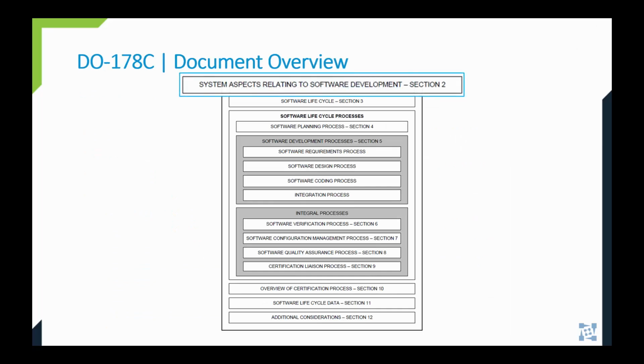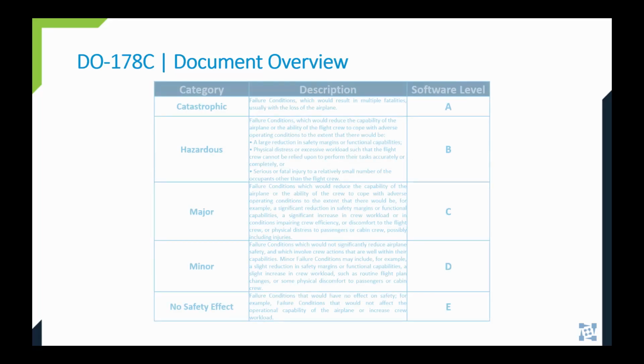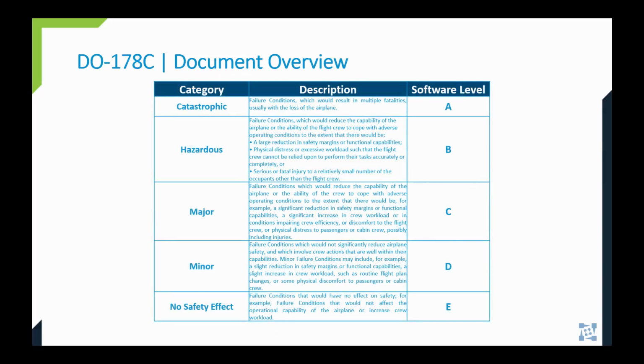Now, Section 2 discusses the system's requirement allocation to software, where the software system requirements are initially developed from the system operational requirements or customer requirements, and how this information flows into the software lifecycle. One very important part of Section 2 is the software level classification or design assurance level determination that needs to